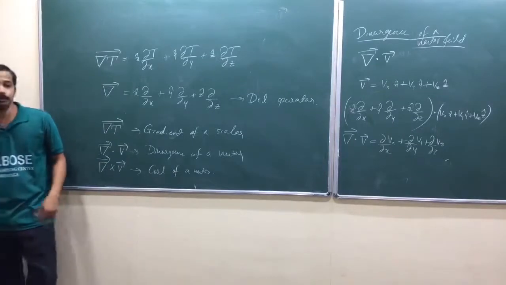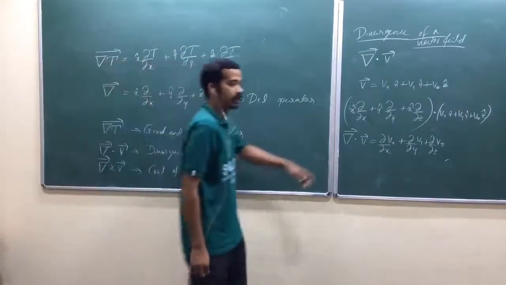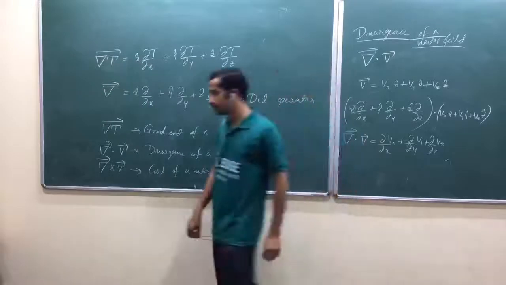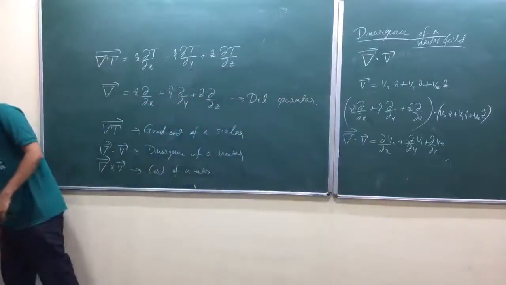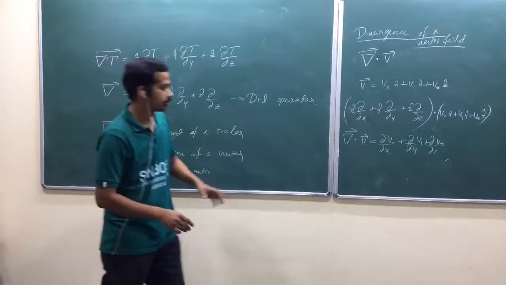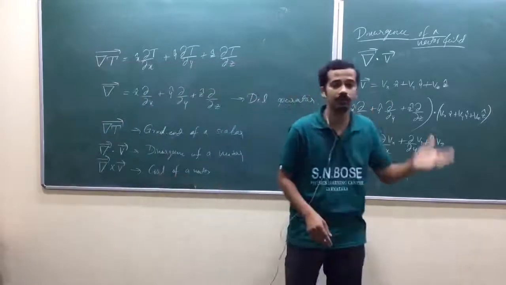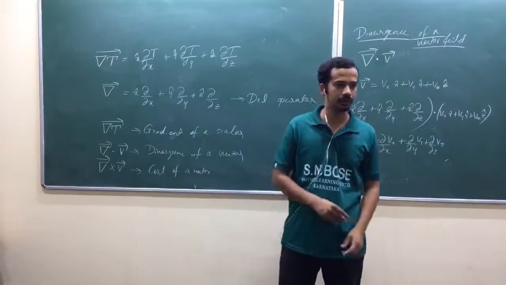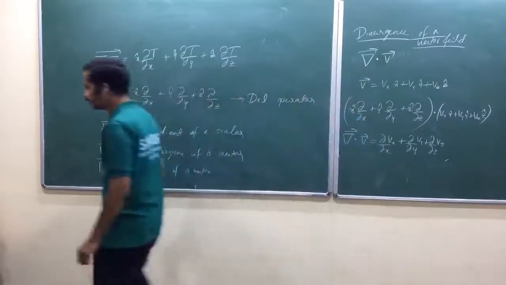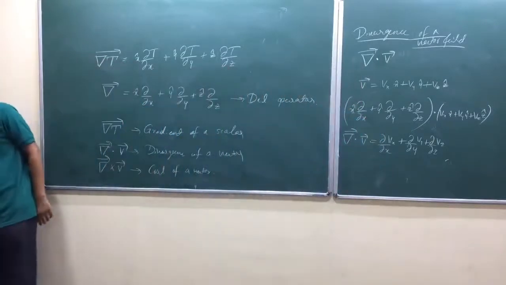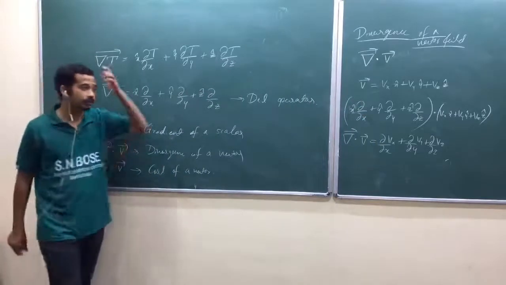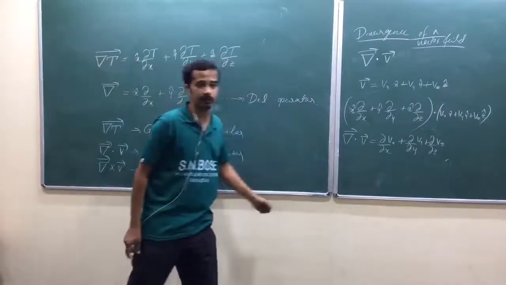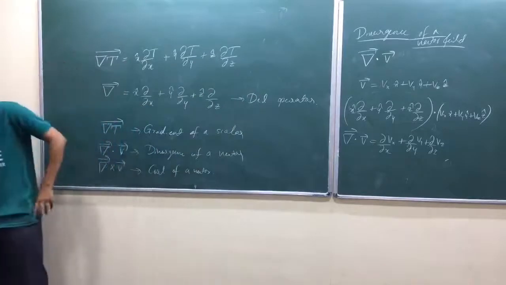Let me interpret this one later, but the next definition, this definition is very much important when you go to your theorems. What are the theorems? Gauss theorem and Stokes theorem. Am I right? So when we talk about Gauss theorem and Stokes theorem, this definition is very important and it will give you a lot of ideas. Okay. Just take one more definition.